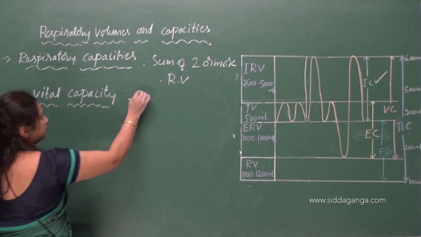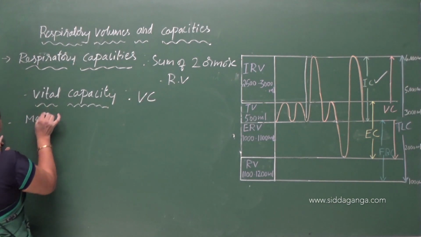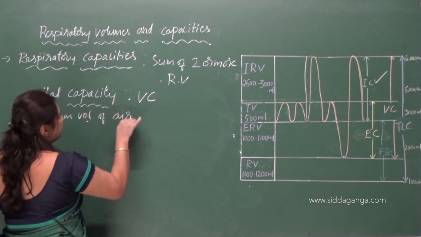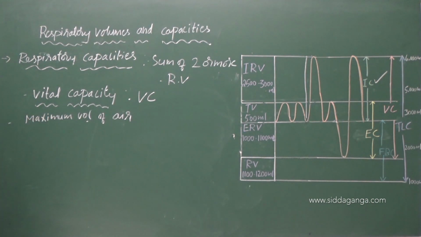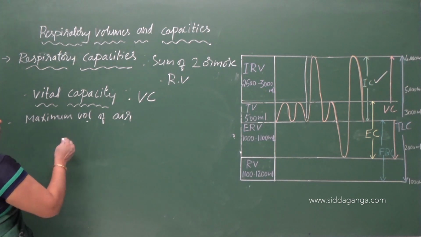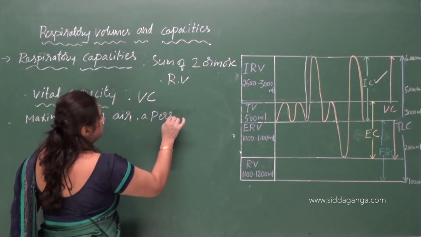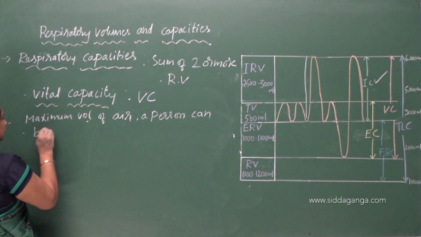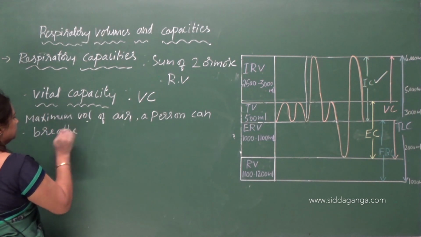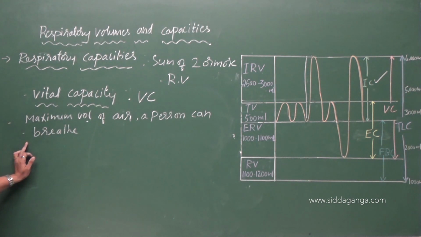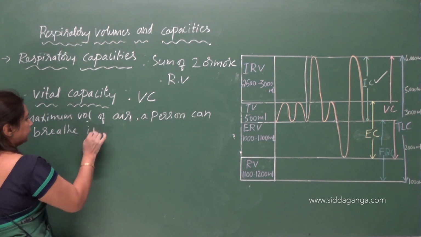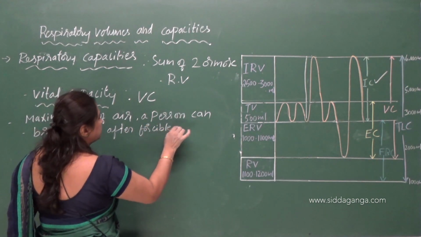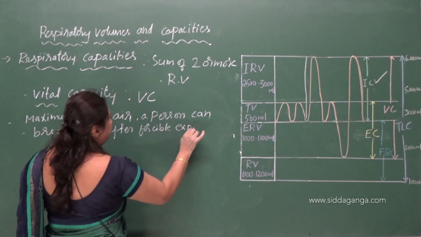So how can we define vital capacity? Maximum volume of air a person can breathe in after forcible expiration,